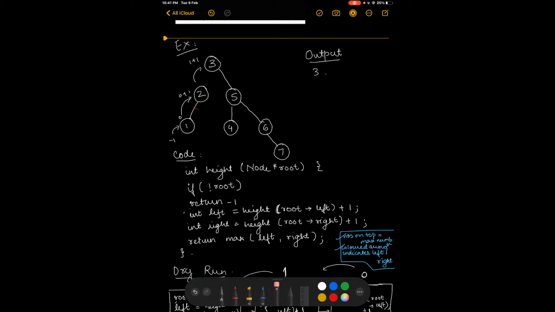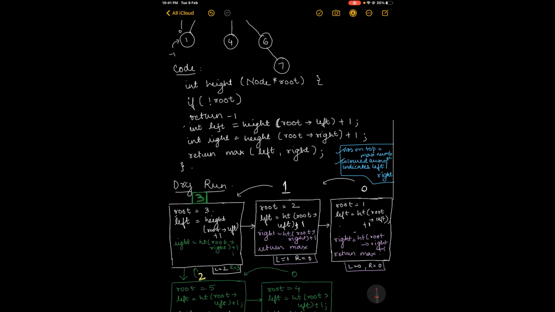Let us now look at the code, and then we'll do the dry run for better understanding. The code here is the function int height. If the root is null, we'll return -1. Then we make two variables, int left and int right.